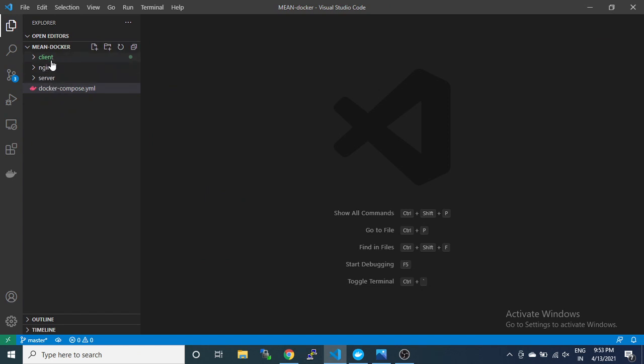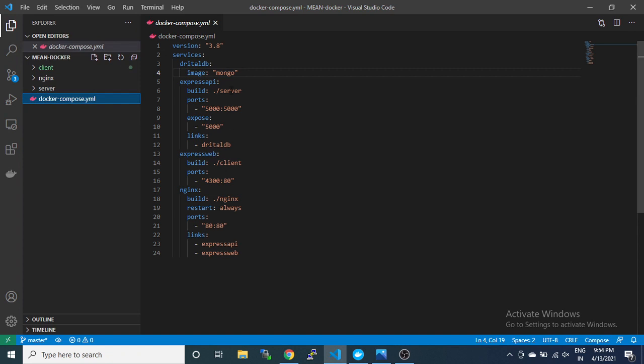And there are separate Dockerfiles for creating each container, so it will create a container, and another container, and another container. One container is for the database and nginx is mentioned here. All these three are referred to here, and this will directly get the image from the Docker Hub.